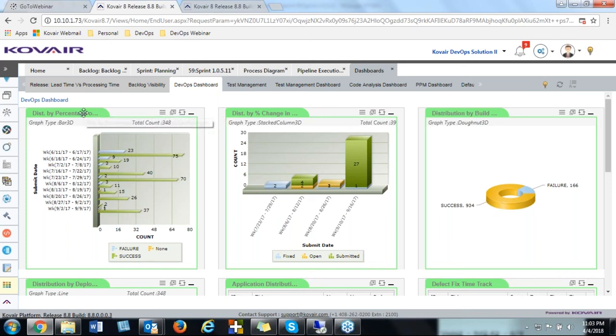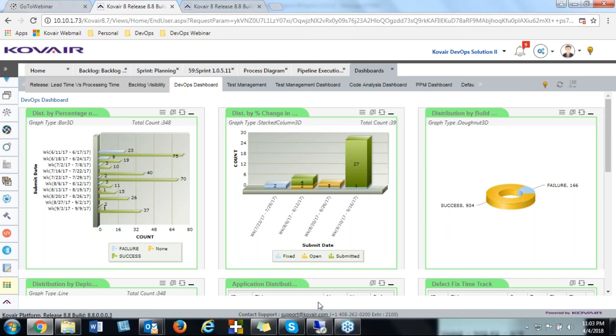So here you can see the distribution of percentage of passed and failed deployments. Looking at such a gadget, you can see that the deployment successes and failures are mapped side by side. So it gives you a chance to look into it, drill down, and further do some modifications in the process as well.